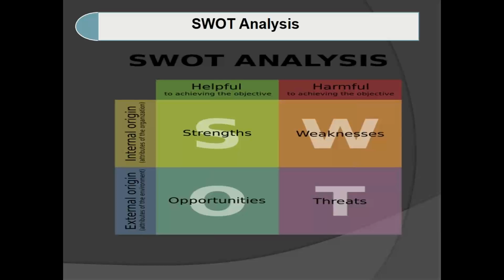Now what is happening? You are converting your weaknesses into strengths. That is possible. It is in your hands. When you convert your weaknesses into strengths, it will be helpful to the organization. Now, as I said, opportunities and threats are external, which cannot be controlled. That means we can't say when we are going to get an opportunity and we can't say when we are going to get a threat to our business.